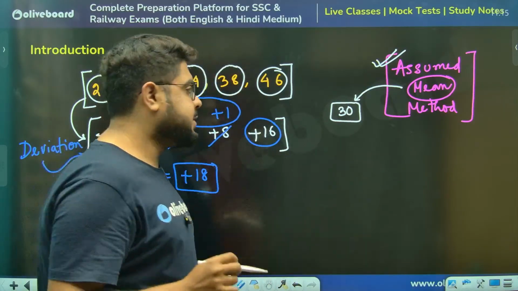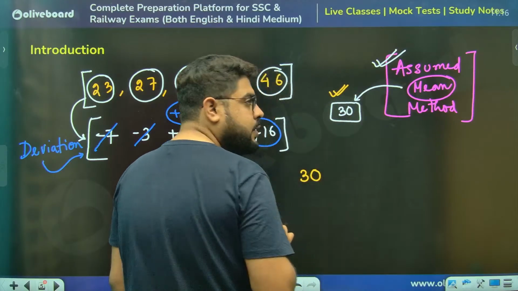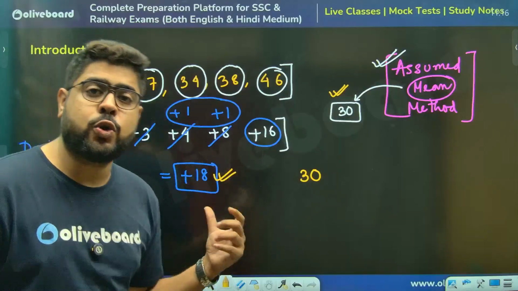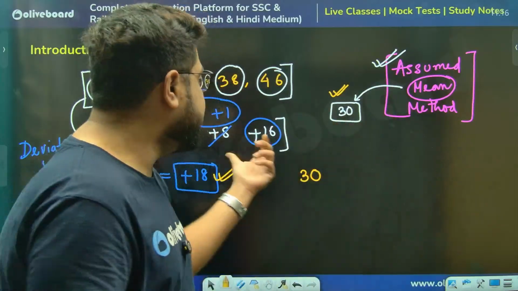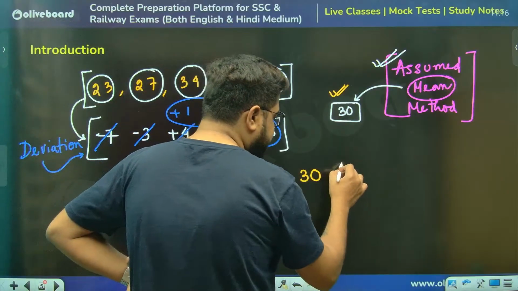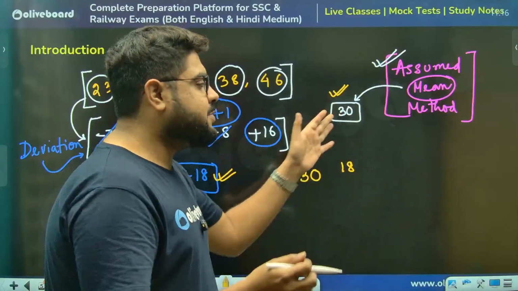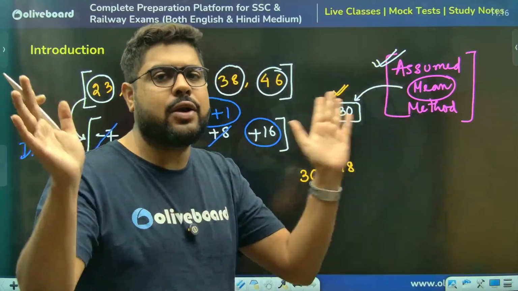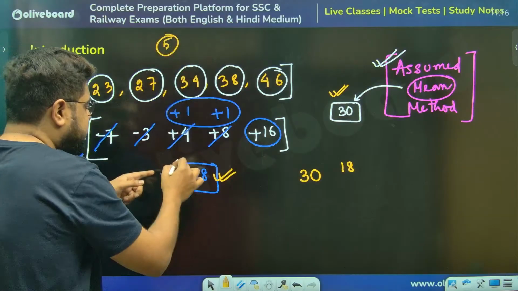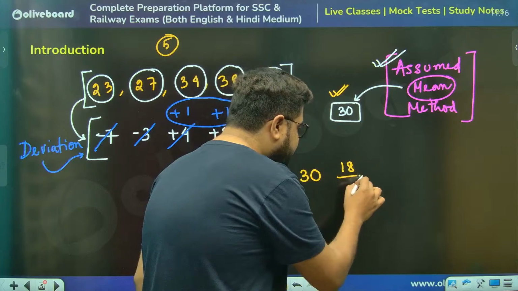So our assumed mean method is saying, sir, please understand this. Think like this. Sir, I had taken 30 as my average. Now this is how much the deviation is. This is how much it should be extra. So whatever it should be extra, now this extra should be divided equally. Average means we are dividing things equally among all. Sir, how many? There are 5 numbers. So this extra, this deviation, should be divided equally among all 5, sir.